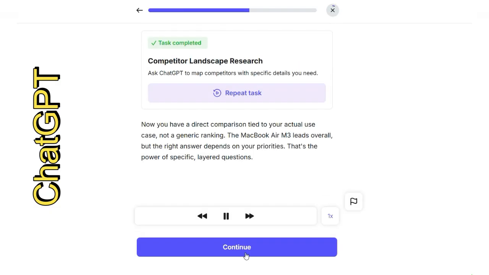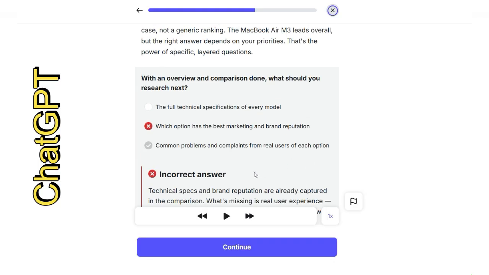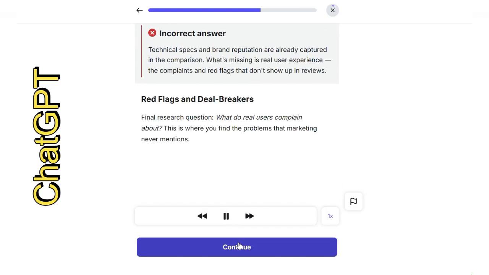Now, you have a direct comparison tied to your actual use. With an overview and comparison done, what should you research next? Red flags and deal breakers. Final research question: what do real users complain about? This is where you find the problems that